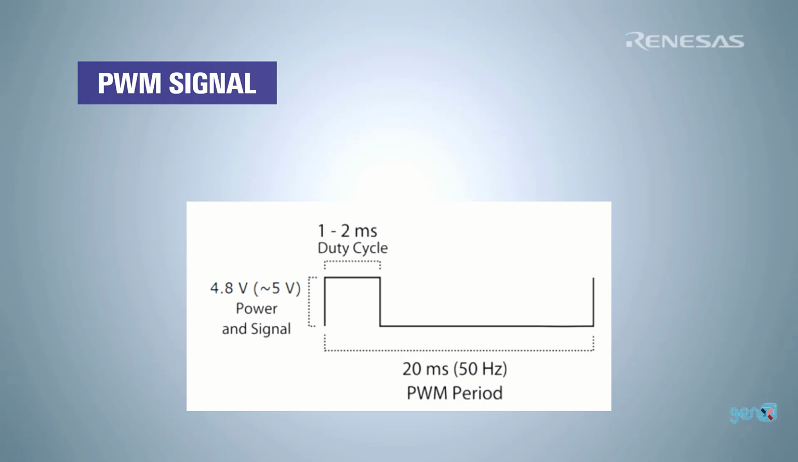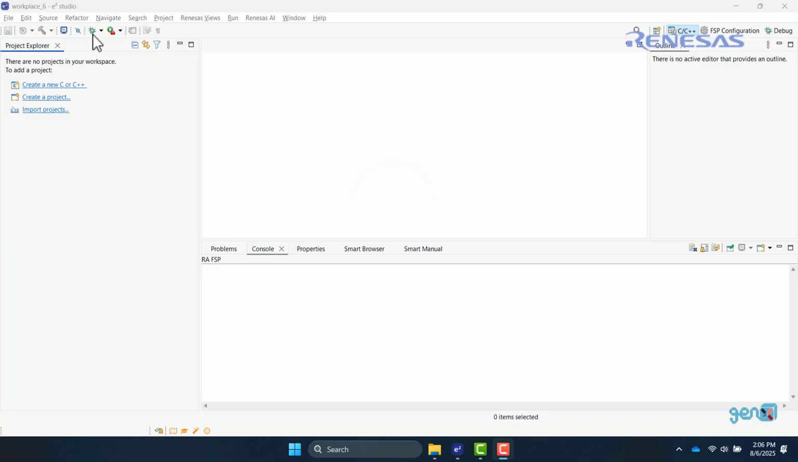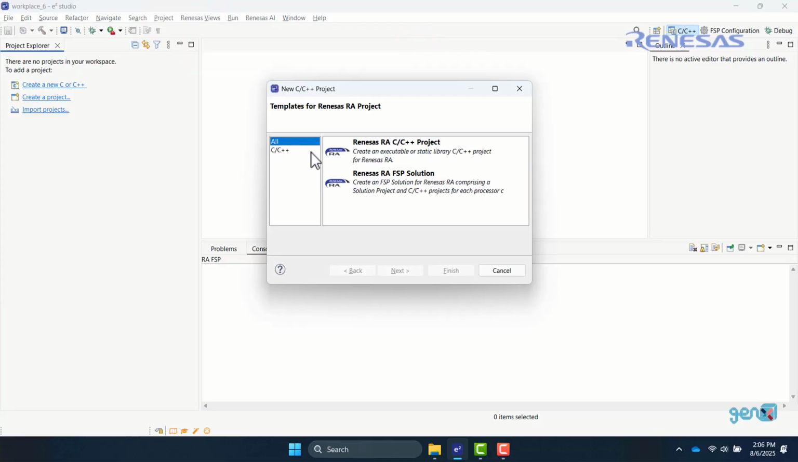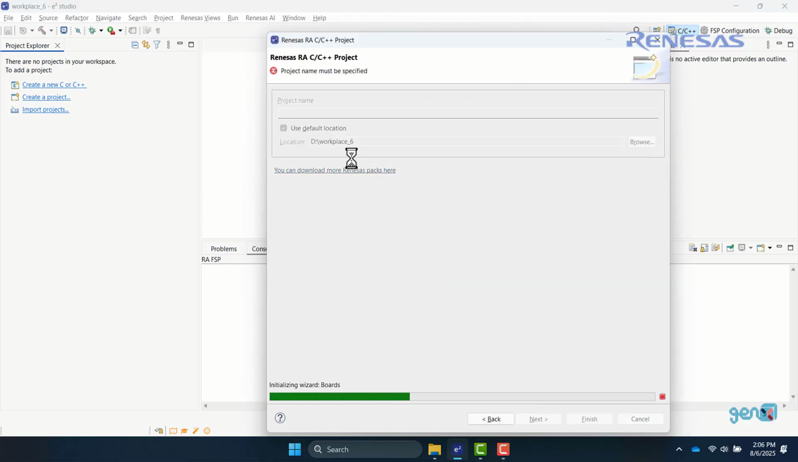To control this servo motor, we require a PWM signal with frequency of 50 Hz. To control the servo angle, we need to provide duty cycle from 5% minimum for 0 degrees to 10% maximum for 180 degree rotation. Open e2 studio and create a new project by clicking on this file icon, then select